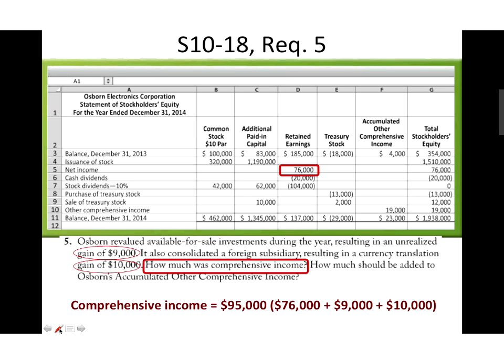In question 5, it tells you that you have an unrealized gain of $9,000, a currency transaction gain of $10,000, and then net income of $76,000. So those three things together